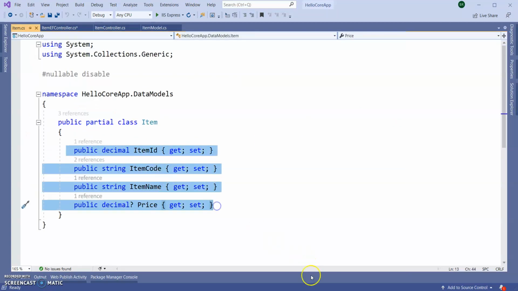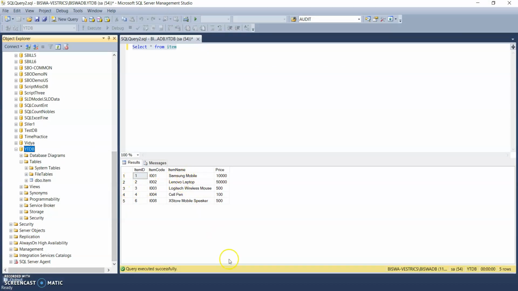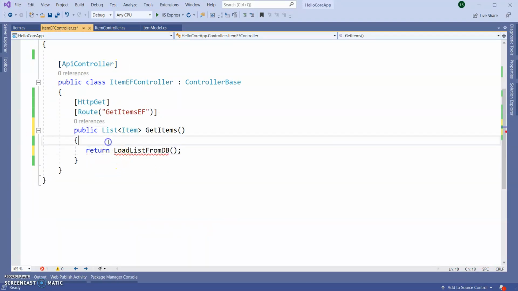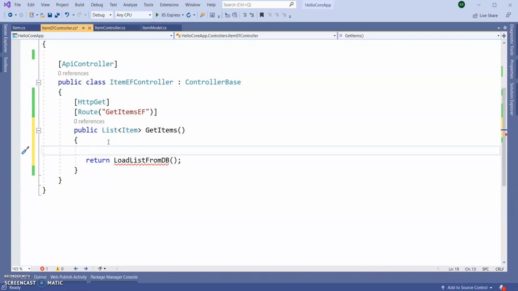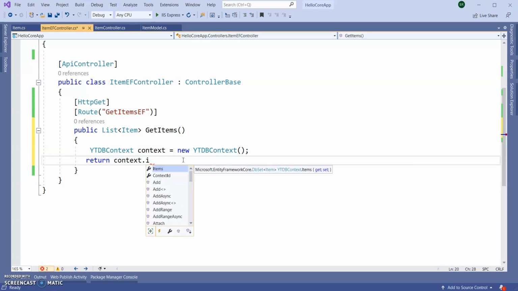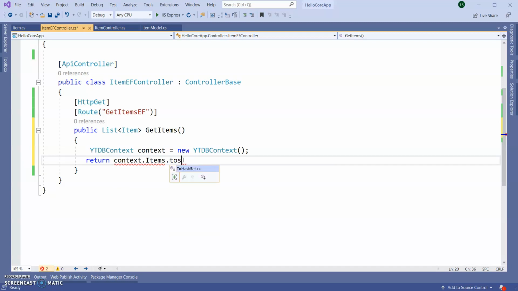All the properties have been created as per the table description. For my context name, I'm giving an example object name. Here I'm loading that object name dot Items to list.